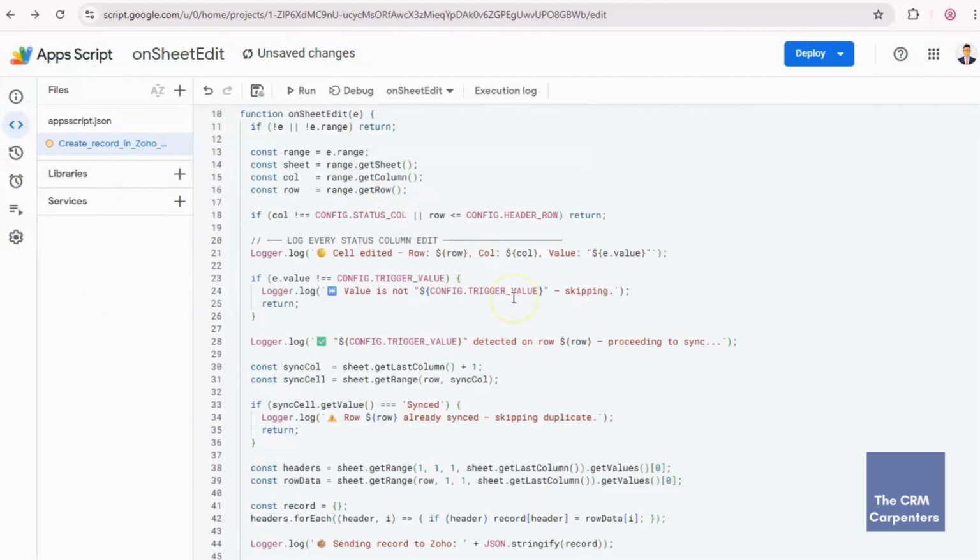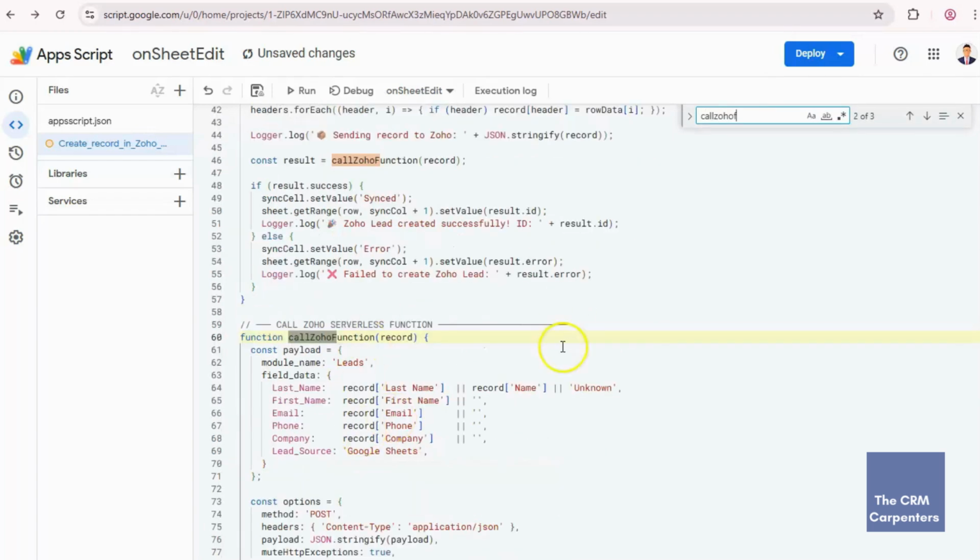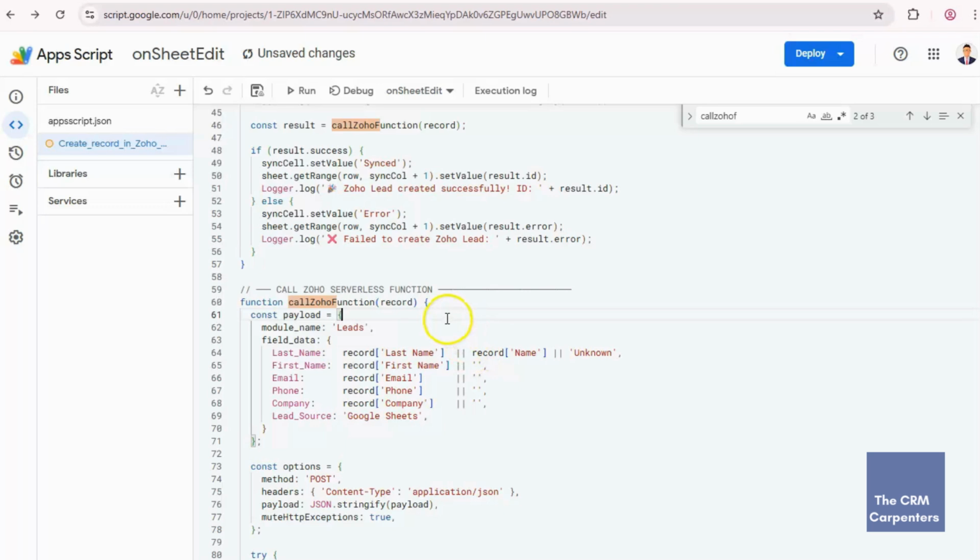And the next function is the call Zoho function. This call Zoho function handles the actual API call. It builds a JSON payload map, so it matches the leads fields because it's in JSON format, and sends it via post.